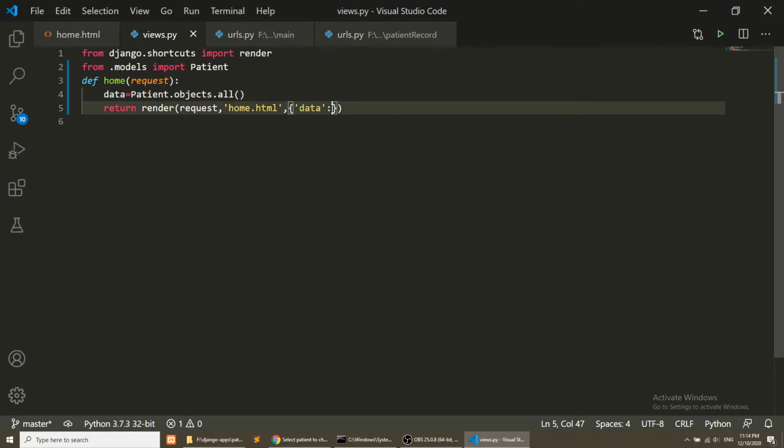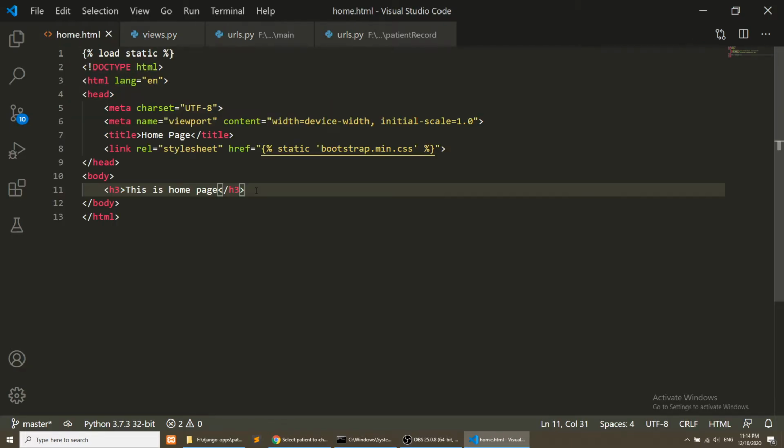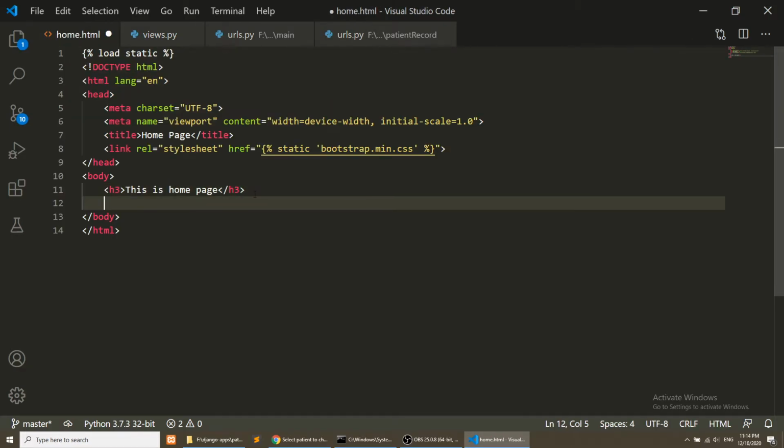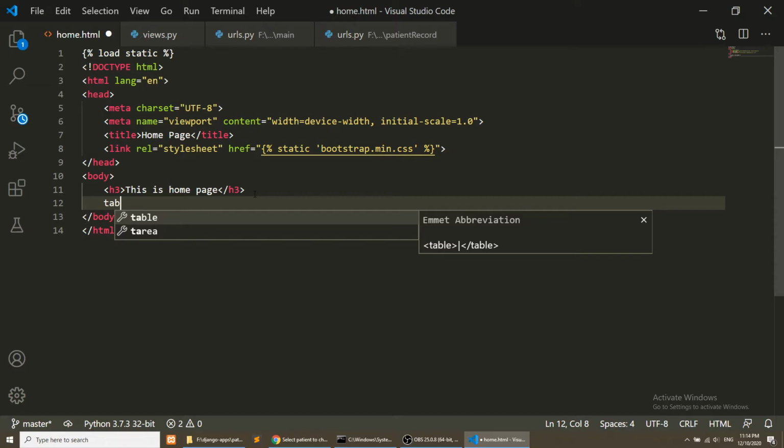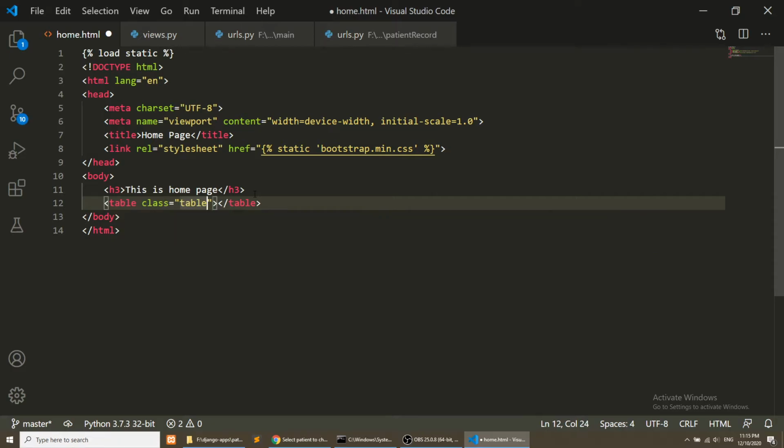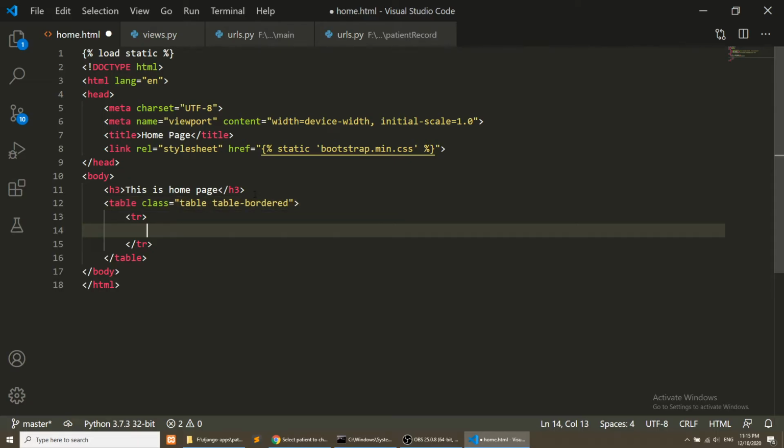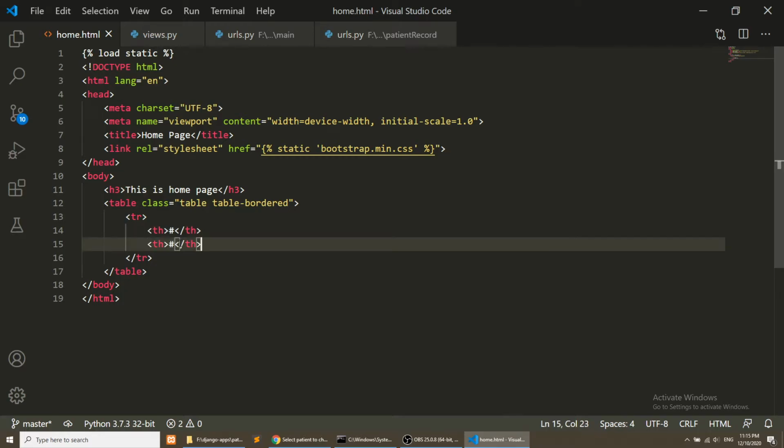Okay, so now what we will do, here we will fetch the data as a table. So here we will create the table class, table border, and here we will show the data. The first will be ID, and the second will be name.